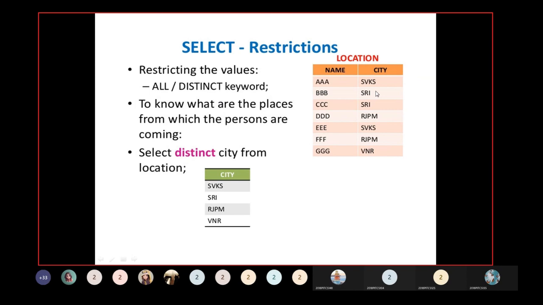Here the city has SVKS and SRI, so SRI repeats 2 times, and then RJPM, and then SVKS, and then RJPM, and then VNR. So when you use distinct, it eliminates the repeating rows and displays only the unique records in the table.